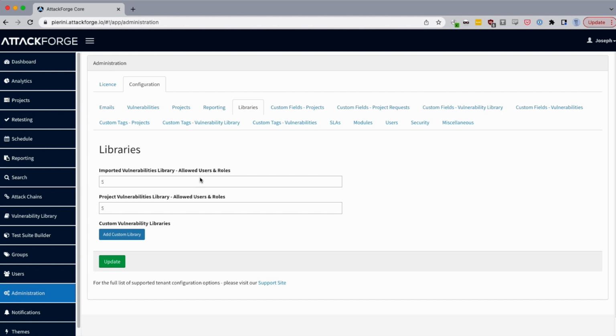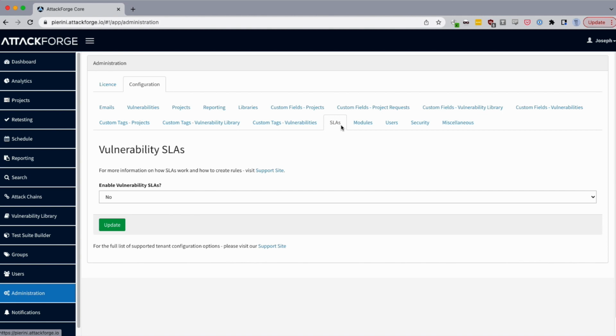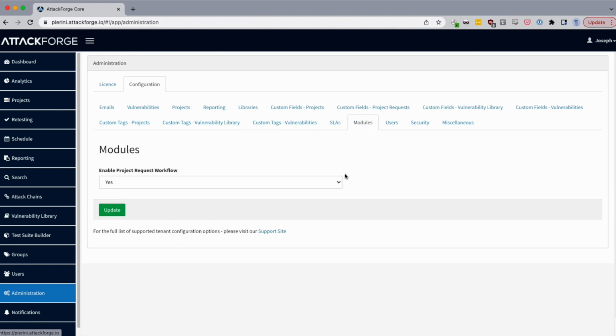Okay. I don't know what that means. I can talk to the AttackForge team. SLAs. Oh, now SLAs are really useful. So I could track SLAs, which is helpful for customers, more so when they have internal processes that require items to be fixed within a specific amount of time, or when they are subject to regulatory regimes and they have to fix things, say, within 30 days of notification, things along those lines. So SLAs are very useful in some instances for some customers. So enabling this would be helpful.